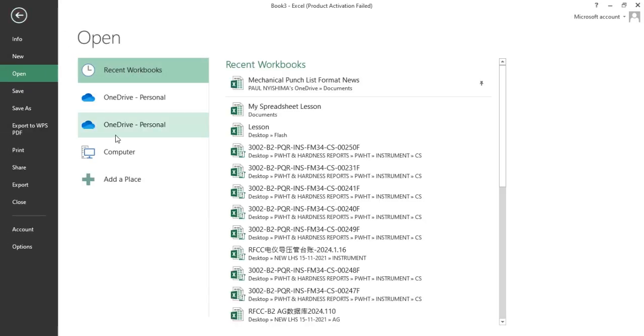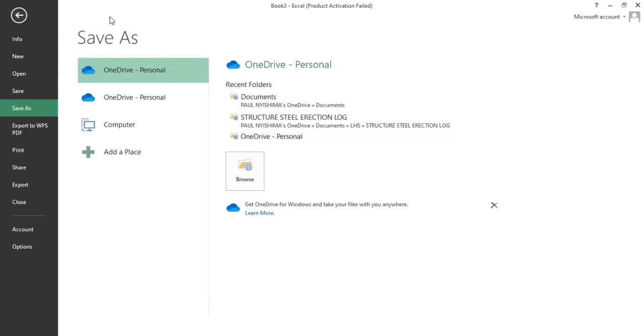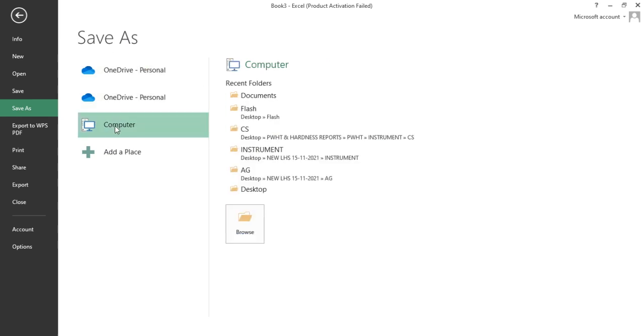So save is to click on the file menu and to click on save. It will bring up a save as dialog box because this is the first time we are saving it. We can as well, instead of clicking on save, go straight to save as because we know we are creating it for the first time. So I click on the save as and I click on computer because I want to save it offline. This is online. I want to save it offline. I click on computer. Then I'll click on either desktop or documents. I want to save it in documents, so I'm going to click on documents